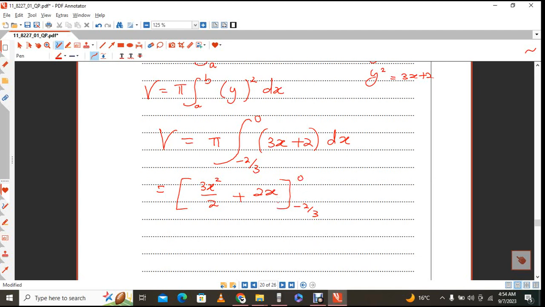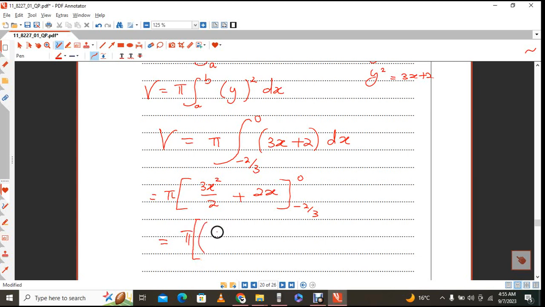From here, obviously, do not forget our pi value. So we can go ahead and put the highest limit in there, so it's pi, right? So we have